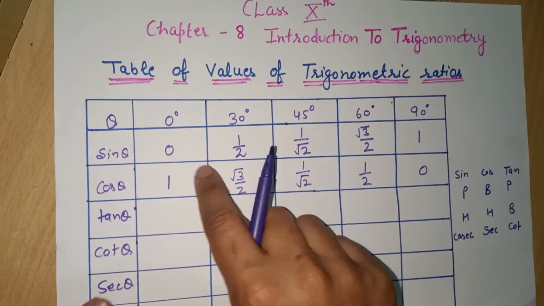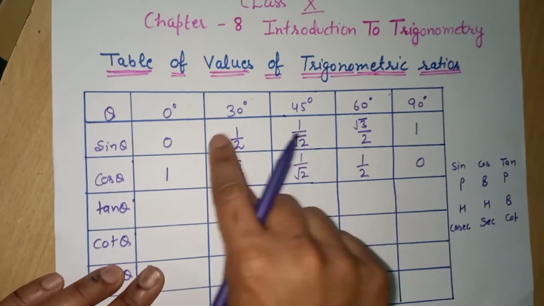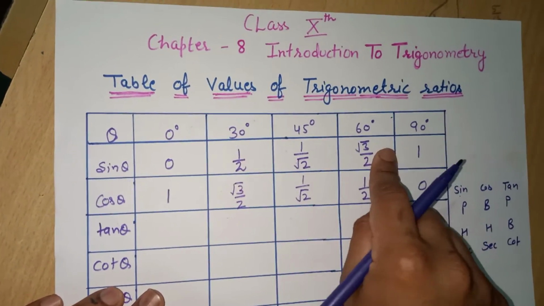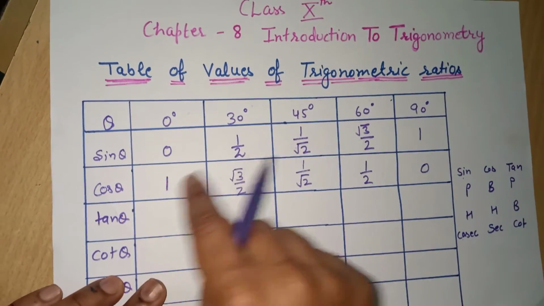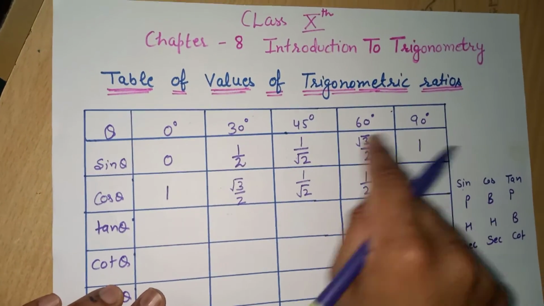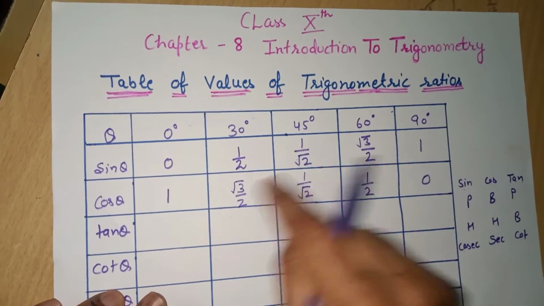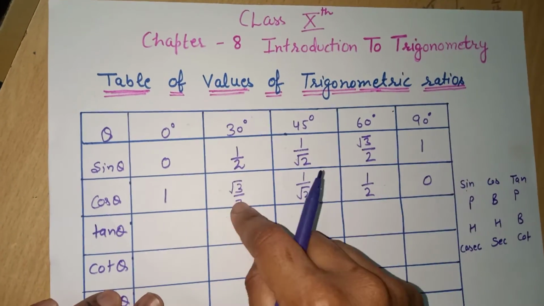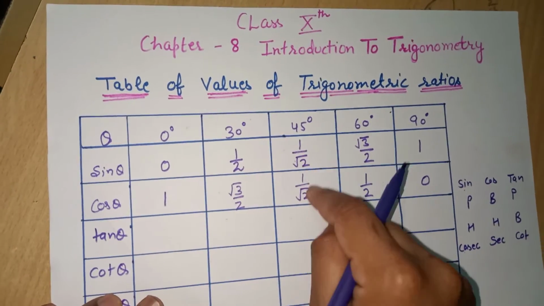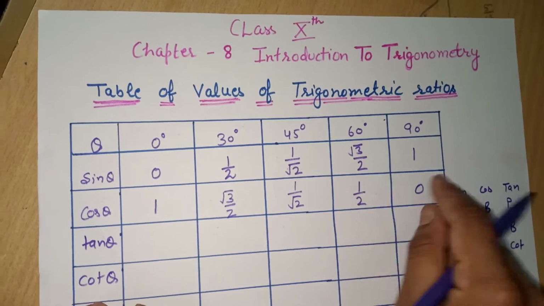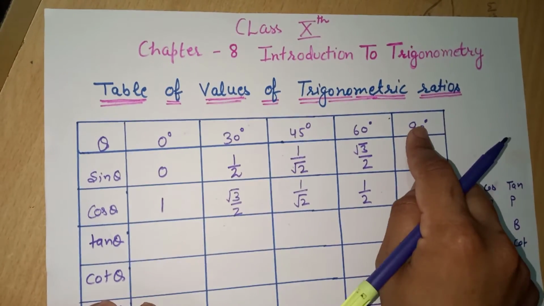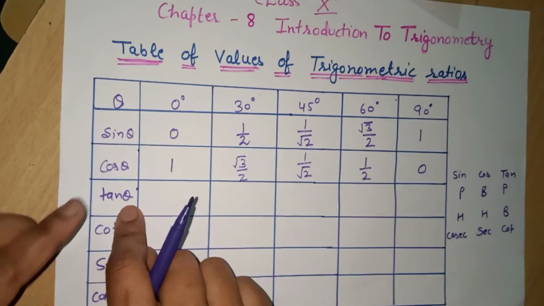So you can see that if you remember the first line of this trigonometric table, then you can find the next values easily. Cos 0 will be equal to sin 90, so bring the 1 here and under 3 by 2 here and 1 by 2 remains in the same position, and 1 by 2 in the 60 degree value and 0 in cos 90 degree. Now how can you find the value of tangent theta?